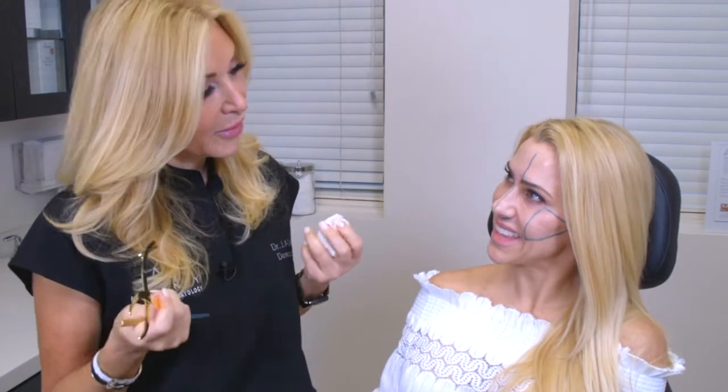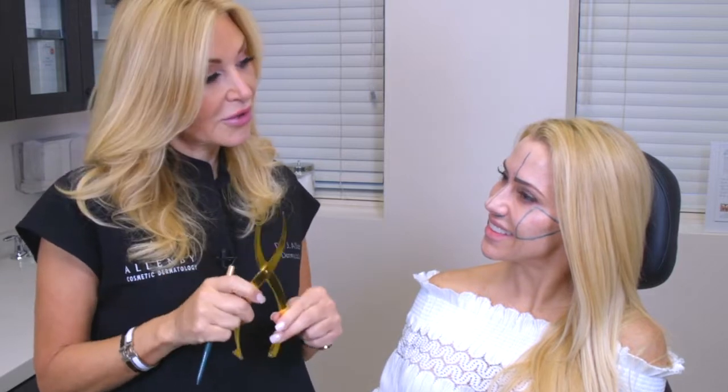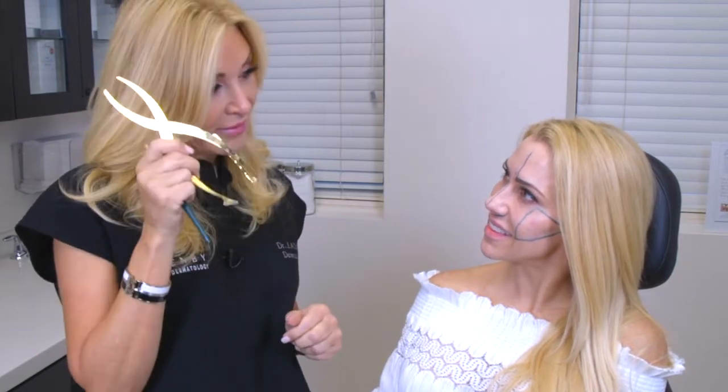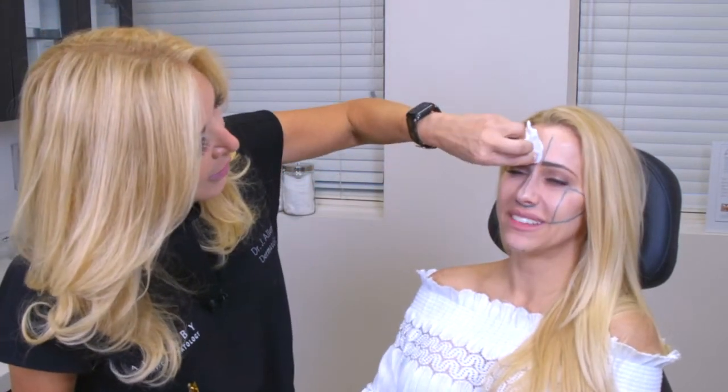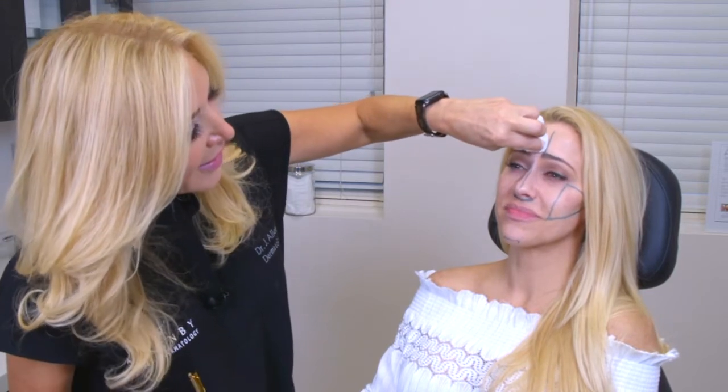Now, we don't know 100%, but we do know that in architecture and in beauty, these are the number one. So when we look at supermodels, what are we looking at? They have great phi ratios. So you have beautiful phi ratios to start with. You're welcome. All right, so today I have already marked a little bit,